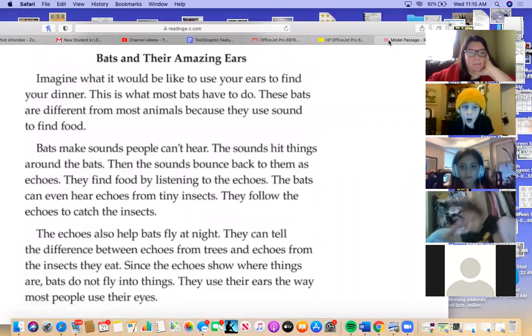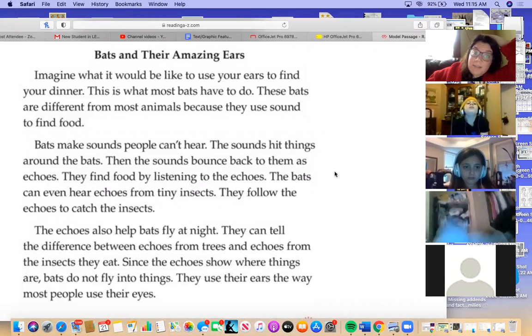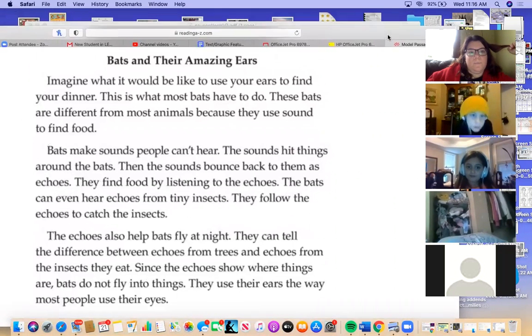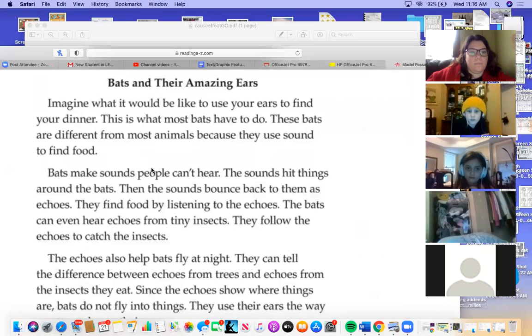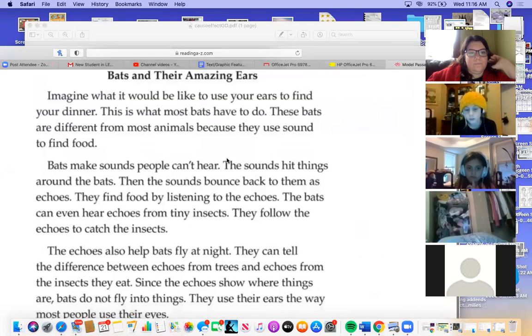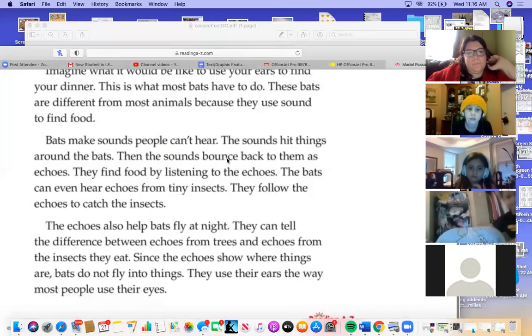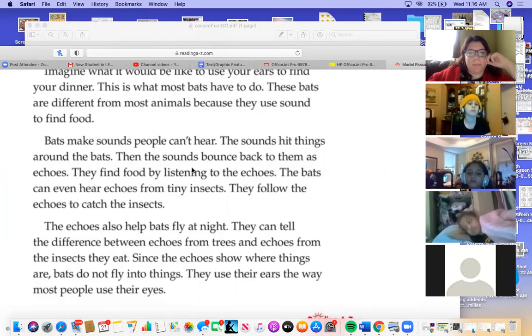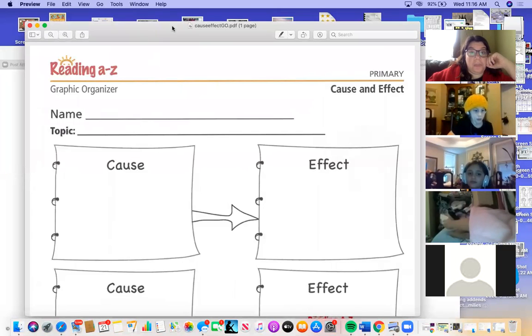So, cause and effect. Because they use sound to find food, bats make sounds people can't hear. The sounds hit things around the bats. I've wondered, when you see the bats flying around, you don't really hear them. The sounds bounce back to them as echoes. So we can say,